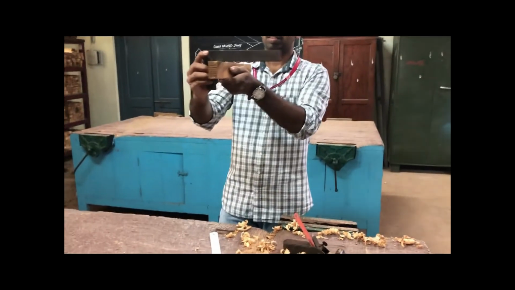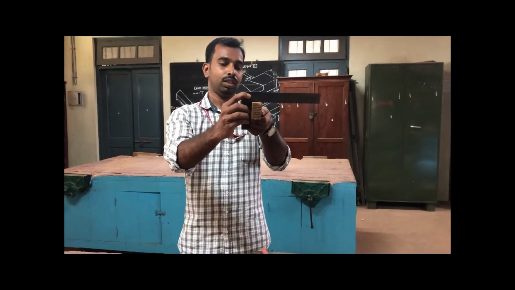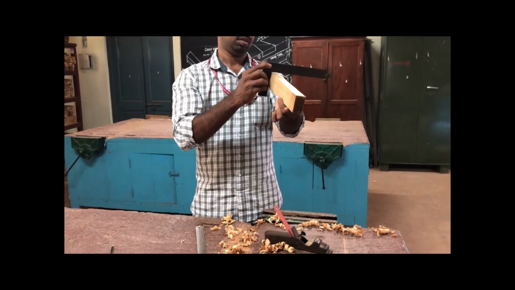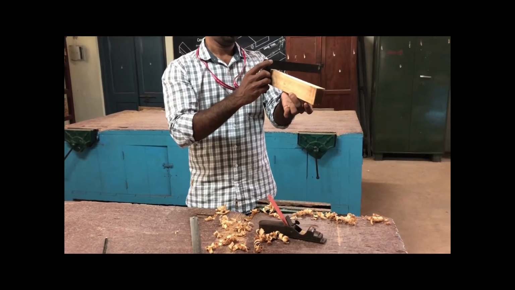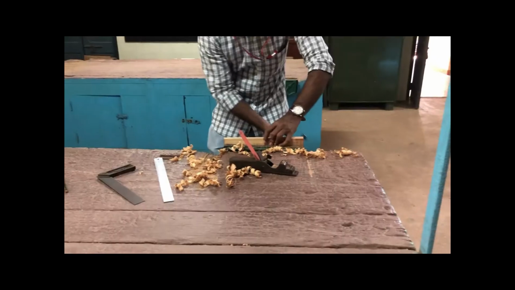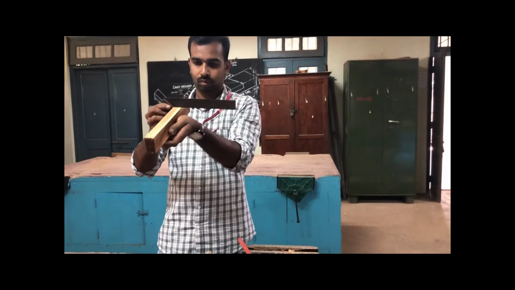We need to check the perpendicularity of the two planed surfaces using a tri-square tool. We need to fix the stock of the tri-square at the reference surface while checking the flatness. Checking should be done at 3 different points of the surface. Repeat this procedure till the second surface becomes flat.